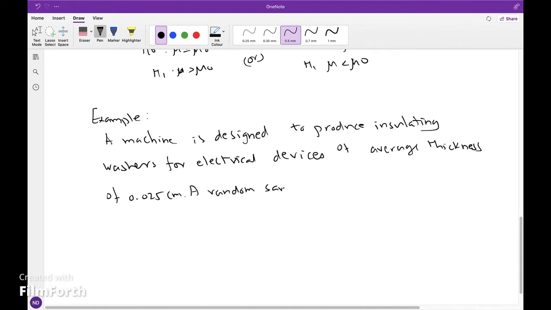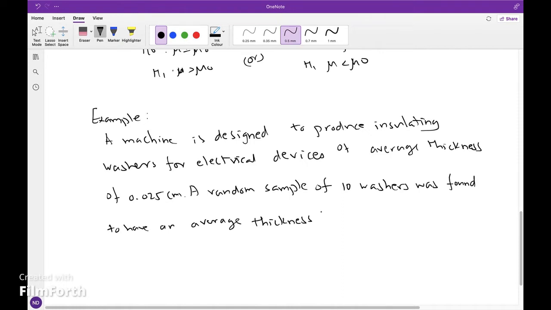A random sample of 10 washers was found to have an average thickness of 0.024 centimeter